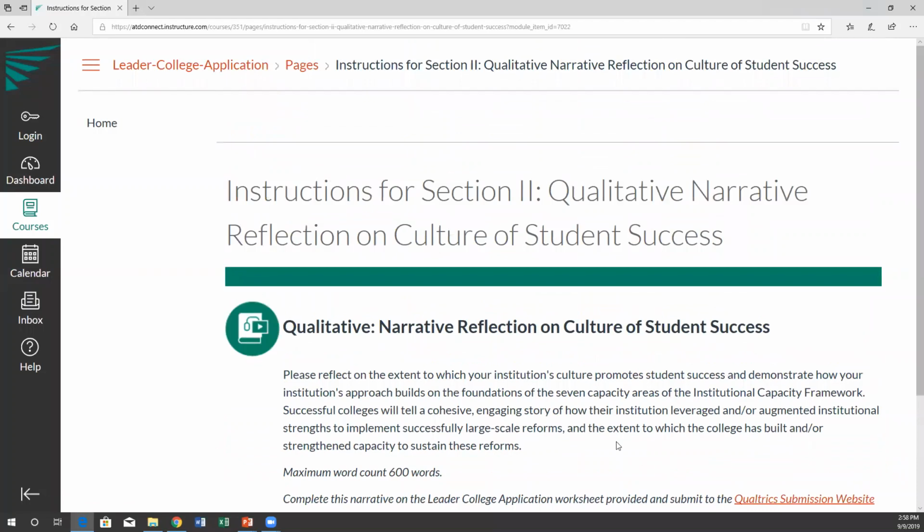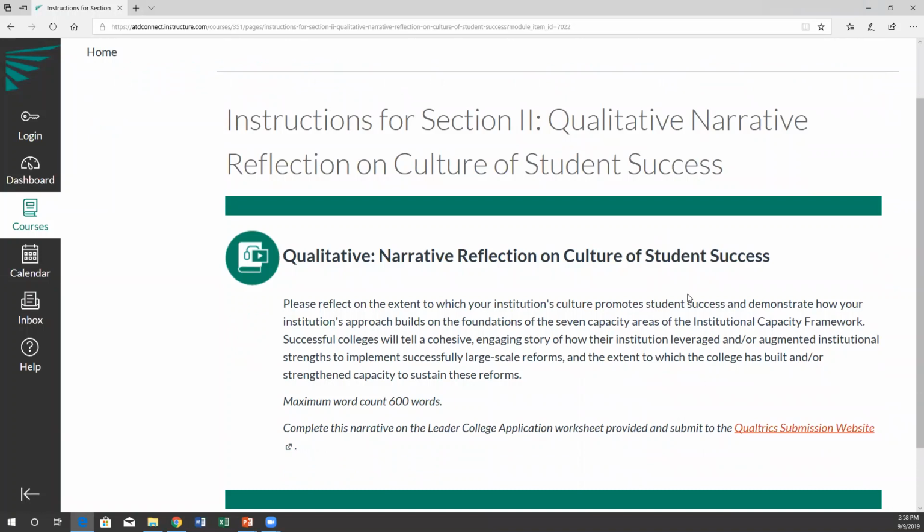So continuing with the second component of the required application material, the qualitative narrative. Here we're asking institutions to reflect on their culture of student success and demonstrate how your institution's approach builds on the foundations of the 7 capacity areas of the institutional capacity framework.